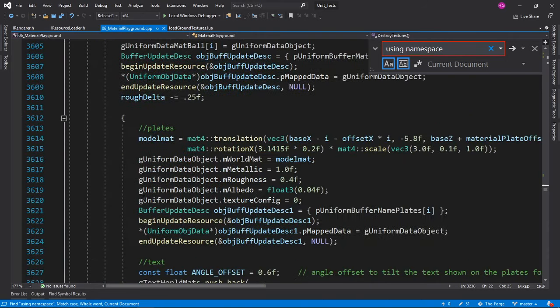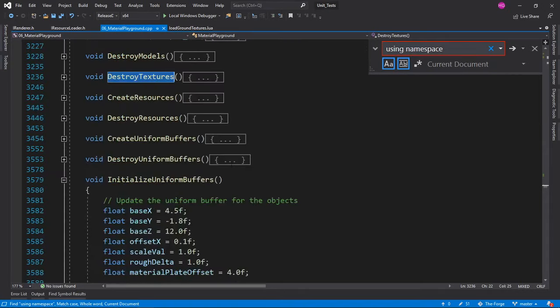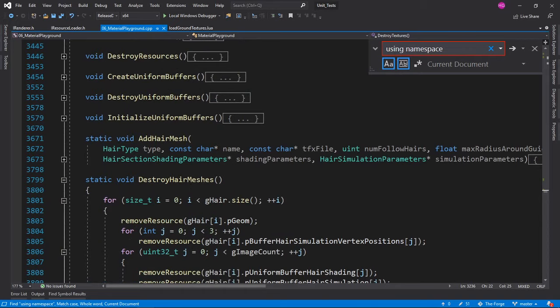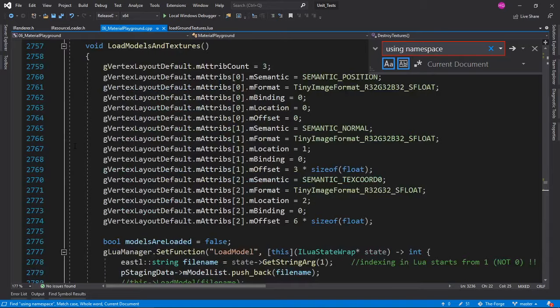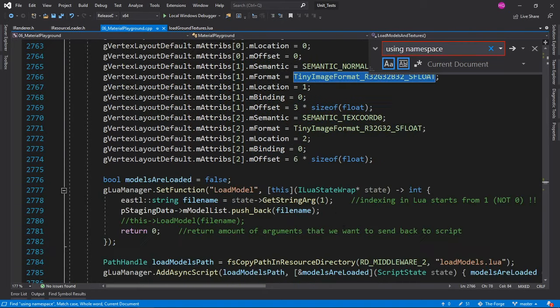Sometimes you don't want to put things that take a long time to process in the destructors and constructors. But here it's not going to be in the performance critical path of the application, so it wouldn't really hurt to do that. Anyways, so tiny image format, semantic position, tiny image format, blah blah.